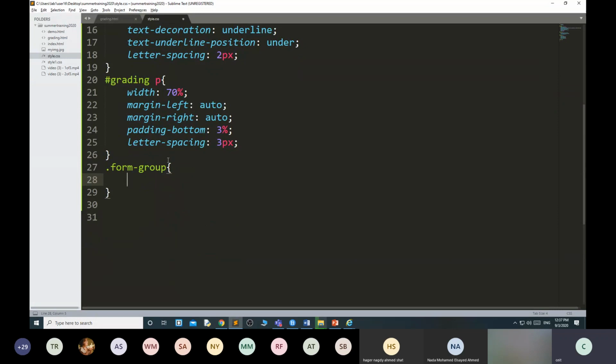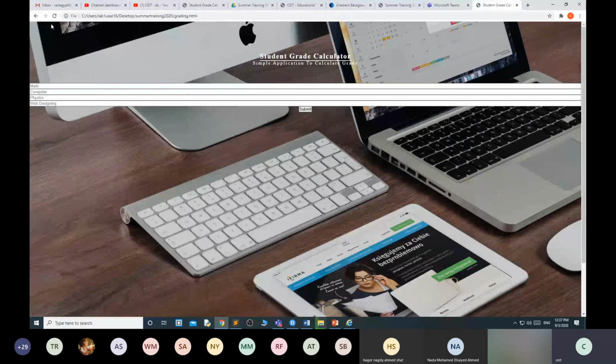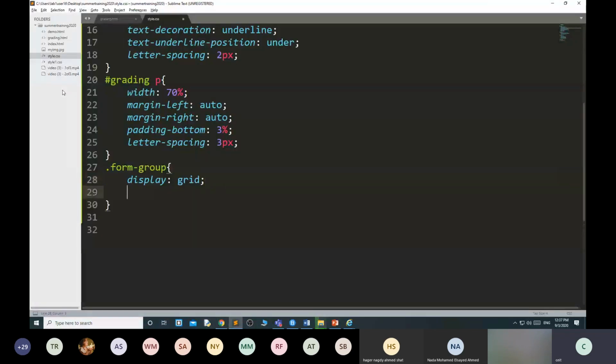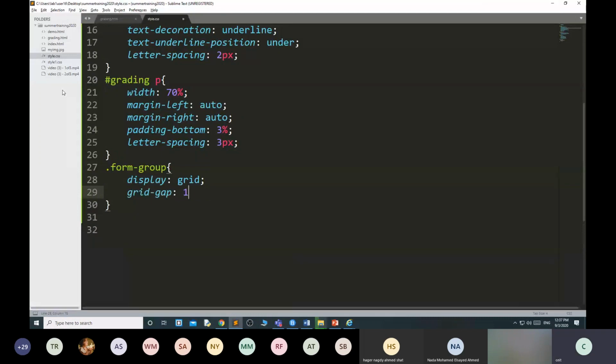There's only one line of code: display grid. Display grid means it will display one above the other. Okay. Display grid. Now I want to give some space. That's why here I'm using grid gap 10 pixel. How much space you want?